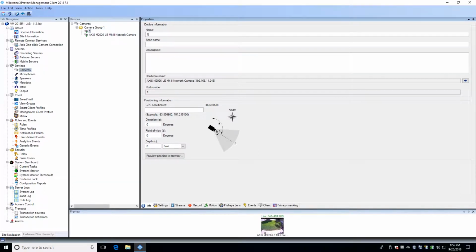Our corporate and expert versions allow you to position the camera on an internet-enabled smart map. When this is done, the GPS coordinates of the location the camera was placed will populate below. Conversely, if you enter valid GPS coordinates here, the camera will automatically be plotted on the smart map. Note that if you wish to delete a camera from a smart map, the only way to do so is by removing the coordinates from this location. Next, click on the Settings tab for your new camera.